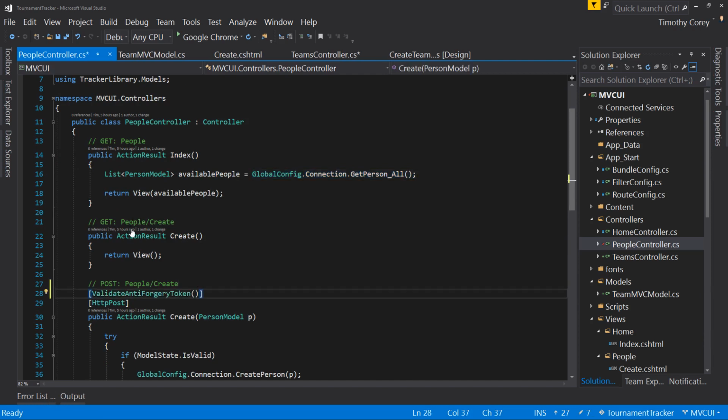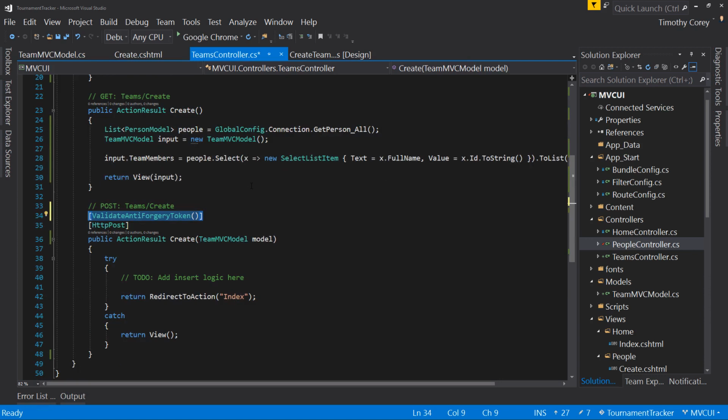You put it over the post methods, not the get methods, because the post is where the actual data is coming in. You can never be too careful when it comes to taking data from users. They're notorious for giving you bad data or even maliciously manipulated data. And so you want to make sure that if at all possible, you can eliminate or at least greatly reduce those chances by doing some of these things. And this one right here, it's more of an edge case than it is a common everyday occurrence, but at the same time, it's one of those